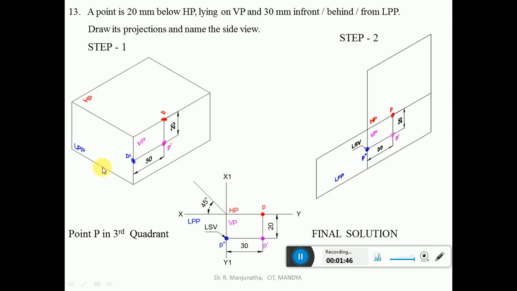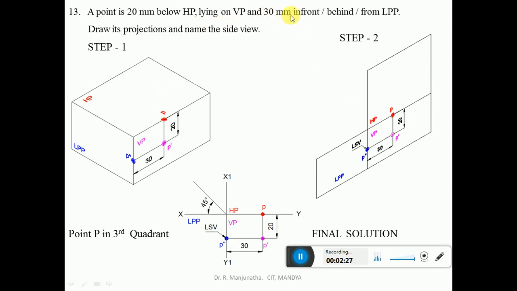When you look from the left side view, we can see the distance below HP and also lying on VP. That means we can see the distances of both the front view and the top view, and where you have the front view, on that line you get the side view, so you get this point. This is how we analyze in 3 dimensions. The HP is rotated to the top and the LPP is rotated to the left side, as shown here in the second position, and accordingly the images also get rotated.